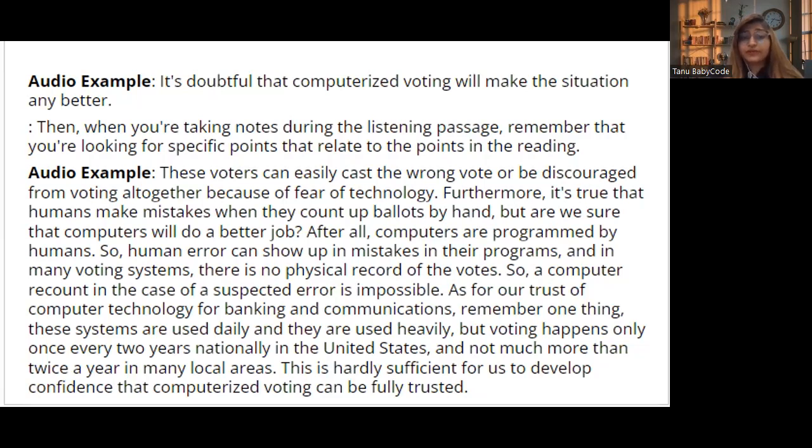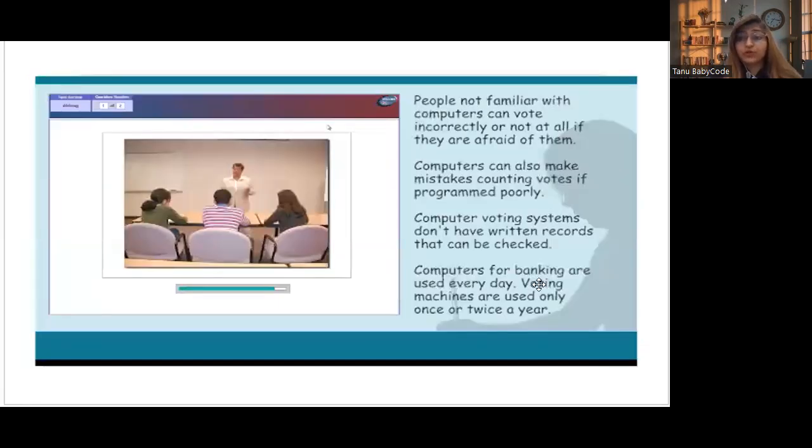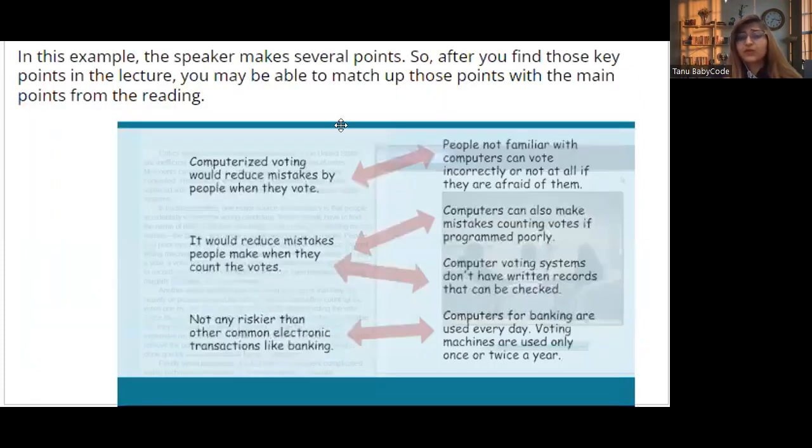Once you hear your audio, you can jot down notes like this because you're going to hear the lecture only once. So always make the points which relate to the reading passage and write down these kinds of notes. Once you have made several points, you should find those key points in the lecture also and match them. So these are the reading points and these are the listening points. Start matching them up. You will be able to match up those points with the points in the reading part